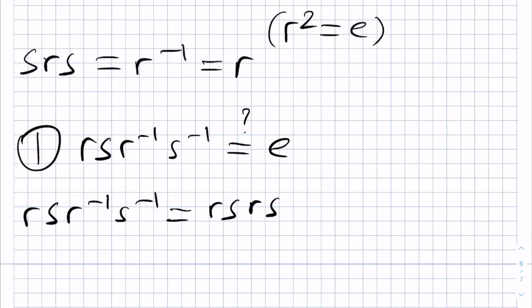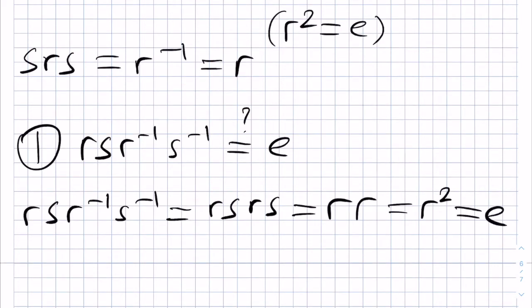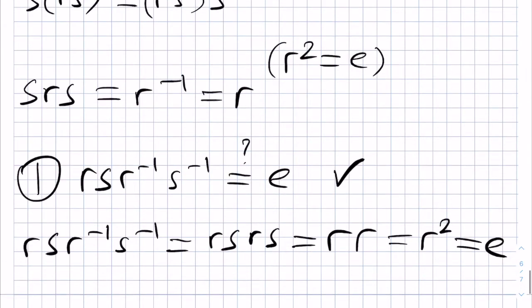Then RSR, or rather instead, apologies, SRS from here is equal to R. And so we have the first R, which is here, and then the SRS gives us another R. This gives us an R squared, and then finally using R squared equals E gives us E. And so we've checked that RS, R inverse, S inverse gives us E, and so 1 certainly holds, which implies